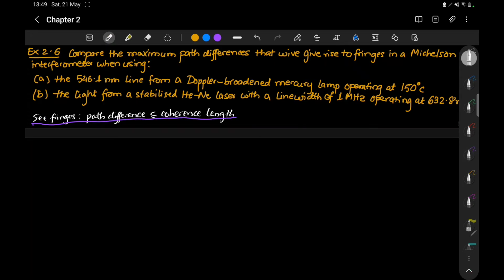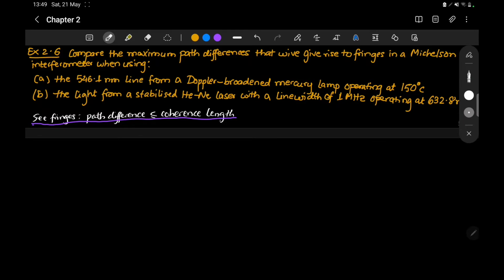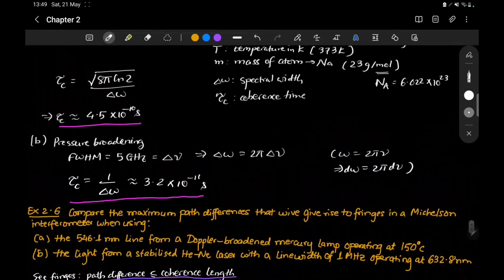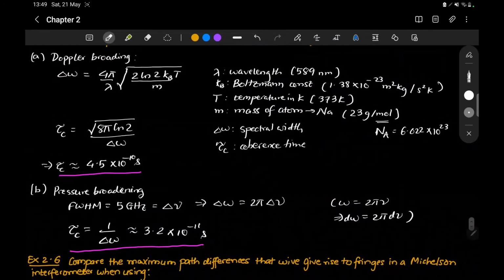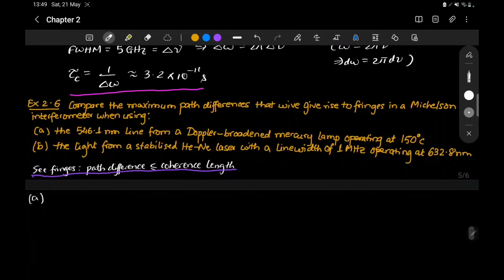So let us now find out the coherence lengths for the given two cases that we have. The first case is of Doppler broadened line. We saw Doppler broadening in the last question as well. So let me rewrite the formula for the Doppler broadening. In the previous case also we had this Doppler broadening. So I will rewrite it over here. For Doppler broadening,